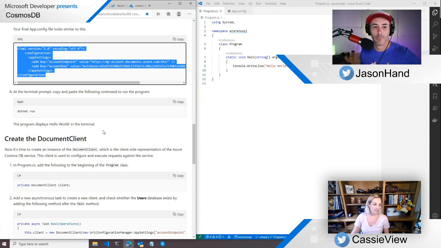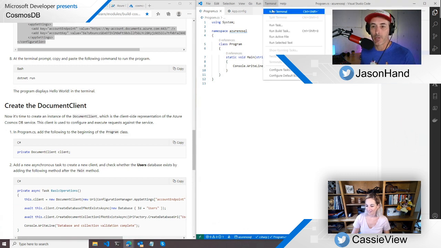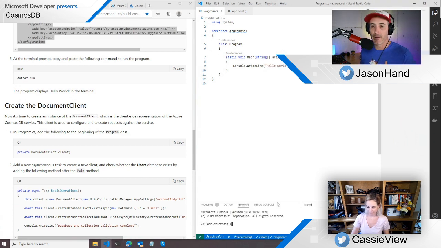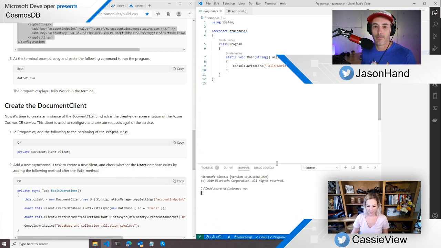I love the little graphic animation that it does when you switch. I know, it's so fancy, right? Super fancy. Yeah, we adopted that from one of the other shows on the Microsoft Developer Twitch channel, until we get our own branding. Let's just make sure I didn't break anything. Although